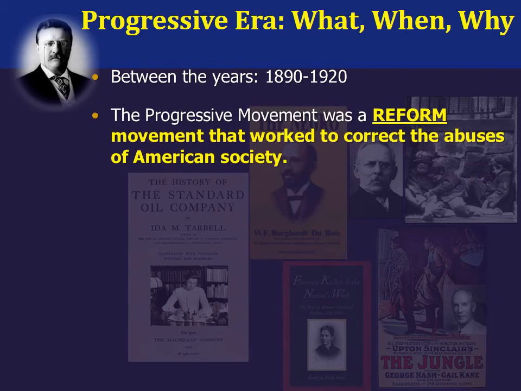So, the progressive movement was a reform movement. We've talked about reform movements within society before. Think of the antebellum movement prior to the Civil War, the temperance movement trying to end alcohol abuse, obviously the abolitionist movement, and then, of course, pushing for suffrage, and changes for Native Americans after the Civil War. So these are various reform movements. They're nothing new to American history. Reform is a constant within our American ideology.